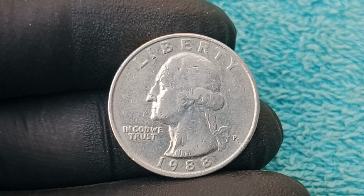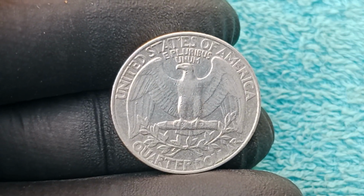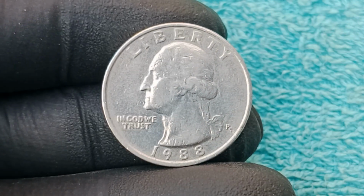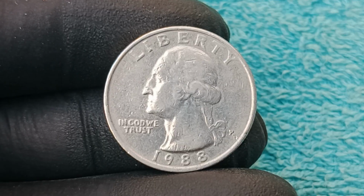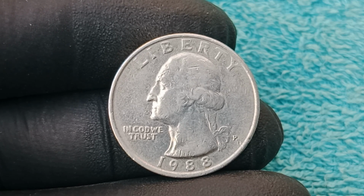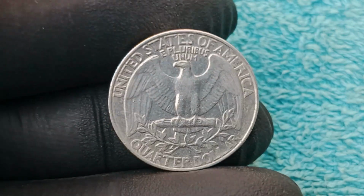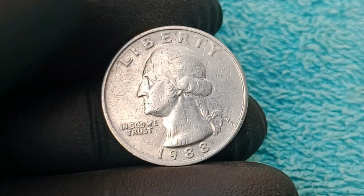The Philadelphia Mint, responsible for producing millions of coins each year, occasionally experienced issues such as die cracks, die clashes, and double dies, all of which can dramatically increase a coin's market value when found in mint condition, and the 1988 quarter has been documented with some of the rarest of these errors, including a perfectly centered double die on the obverse, which causes the lettering and Washington's profile to appear slightly shadowed or doubled when examined under magnification, a subtle detail that is nearly invisible to the casual observer but highly prized by professional numismatists who